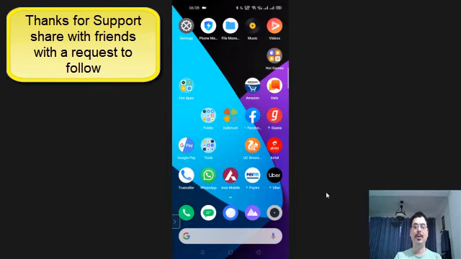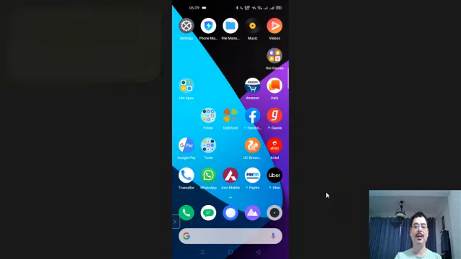Today, we are going to look into two features. One is how to avoid media files, photographs, and audio files getting downloaded into your gallery and filling the space of your phone, so that you need not clean the clutter very often. There is a very simple way to do it.